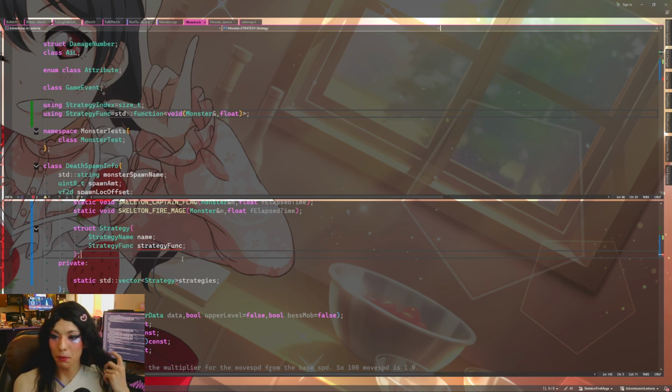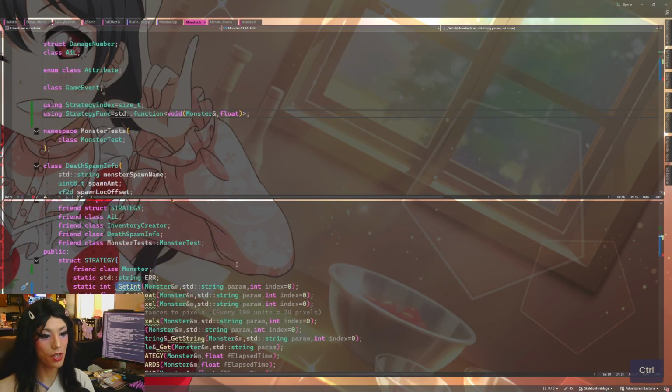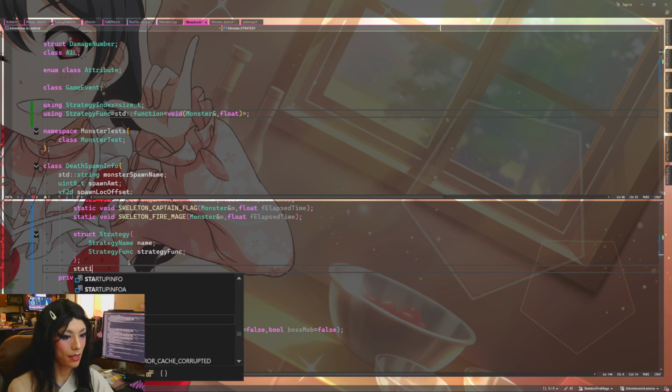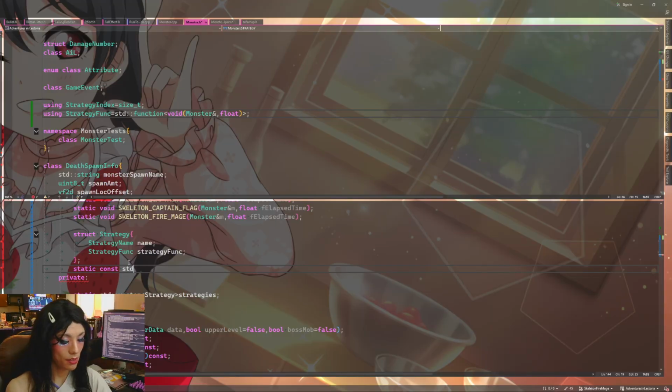So maybe we don't even implement that here, because where are those? Let's go look. So whenever we do config float, where are these called? Monster strategy. Okay, so it makes sense that goes in monster strategy, right? I think so. So we're now going to make inside of strategy, maybe we make it a global? Strategy. It's a little wordy, I know, but I think it makes sense to segregate it kind of. So we're gonna make a new static const standard string